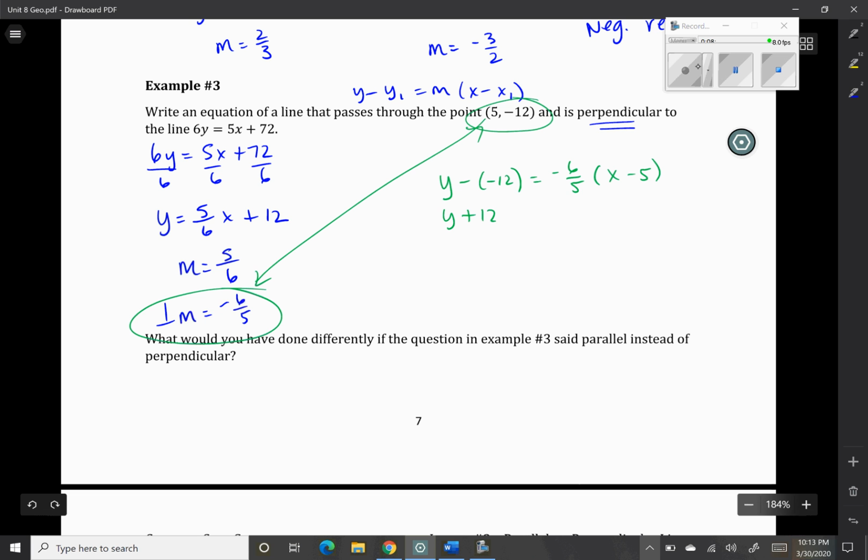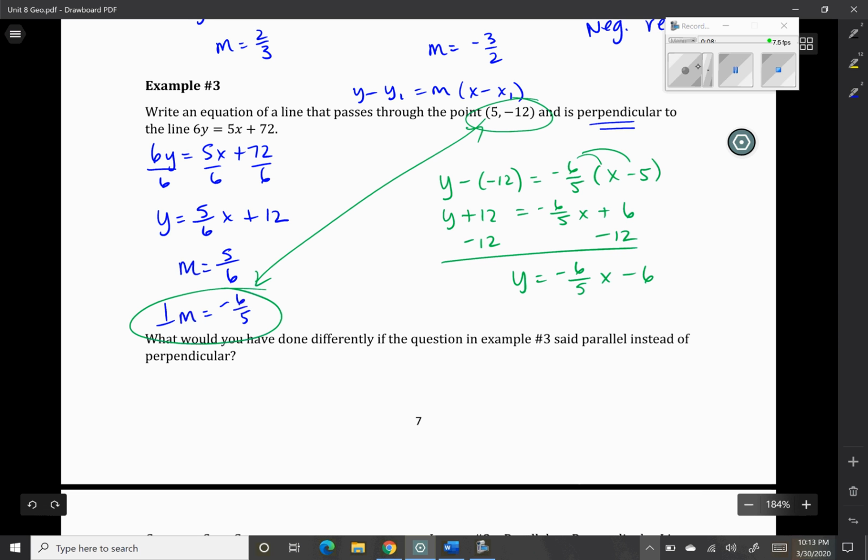Double negative becomes a plus, so we'll change that to plus 12. And I'm even going to distribute here just to make my life easy, all in one step. I then can subtract the 12 over to the other side, and now I have a nice equation of a line,